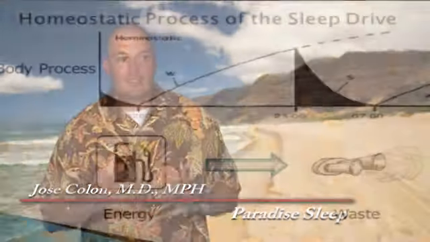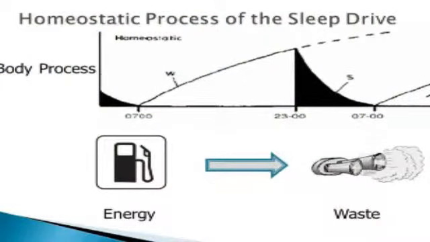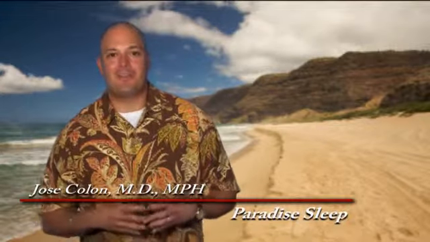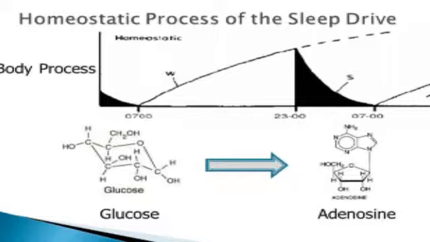Now in this concept, everything that uses energy gives us a waste product. And that's not true just to our body, that's true throughout everything. So you put gasoline in the car and it gives you the energy for the car to move, but the waste product is smoke, fumes, and emissions. Well, the same is true in our body as well. And our brain utilizes energy. It actually utilizes glucose, which is a sugar that helps give our brain some energy. The waste product is adenosine.